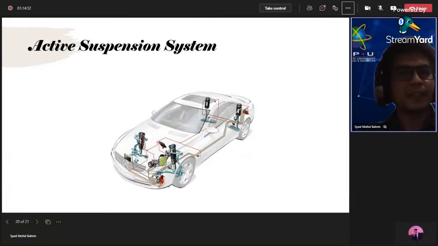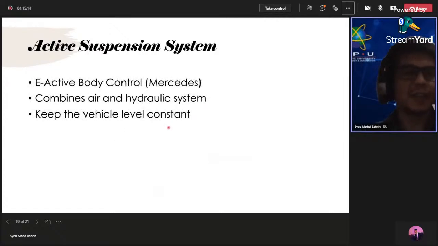If you ask me, is there any other type of active suspension system available in the market? There are many. It's not just these three, but the reason I chose these three is because they are the most popular and widely researched by people. And in fact, the one used by Mercedes here, ABC, active body control, is basically